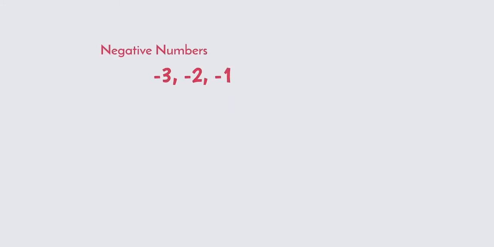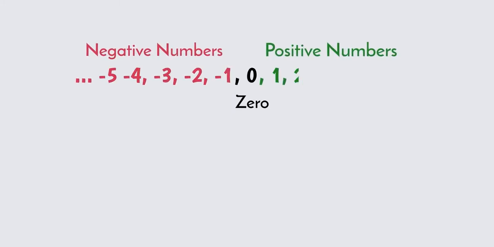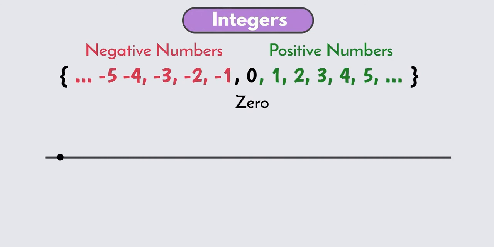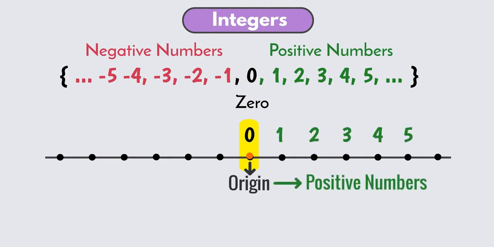The collection of negative numbers, 0, and positive numbers are called integers. Let's learn how to show integers on number line. Draw a horizontal line and mark points at equal distances on this line. The distance between any two neighboring points is called unit distance. We will mark a point on this line as 0. It is called origin. Positive integers are shown on the right of origin and negative integers are shown to the